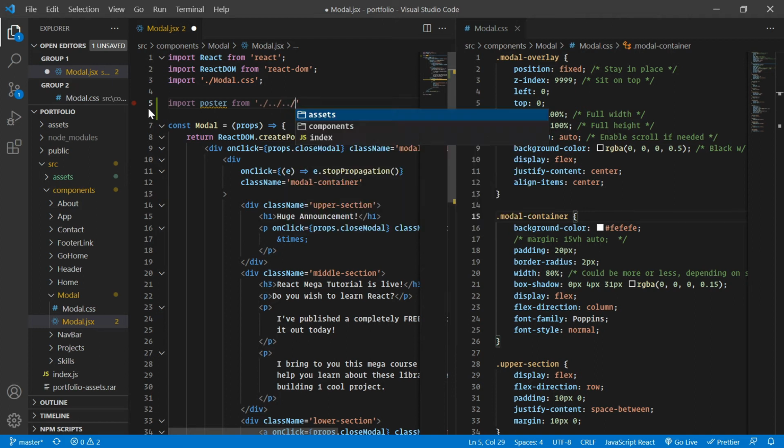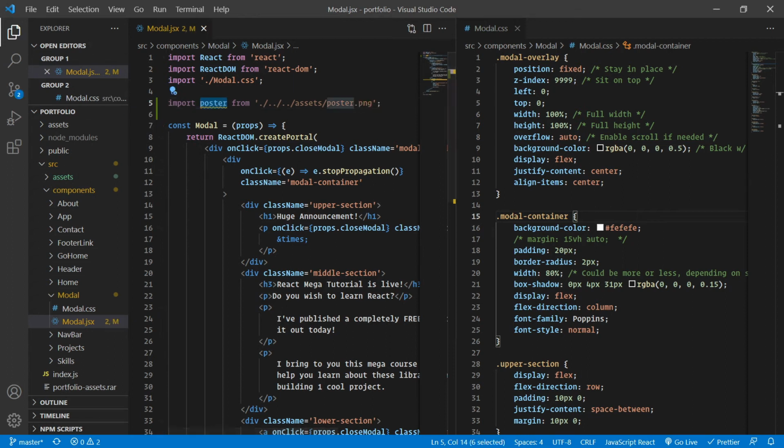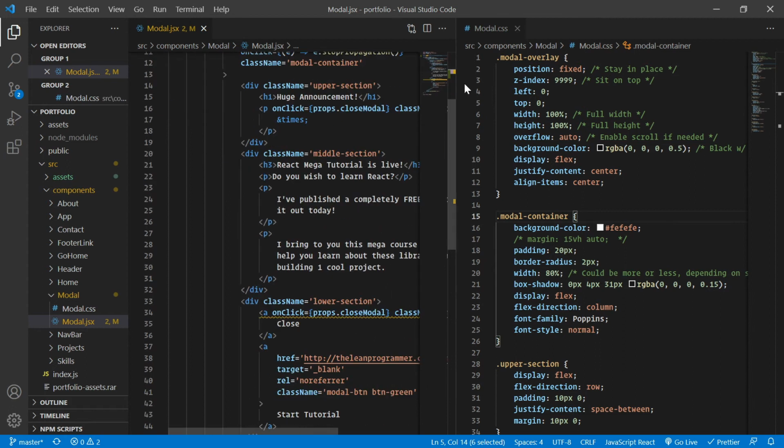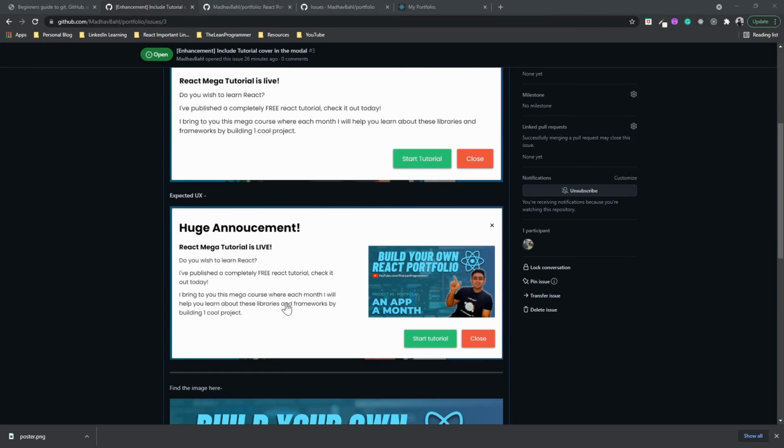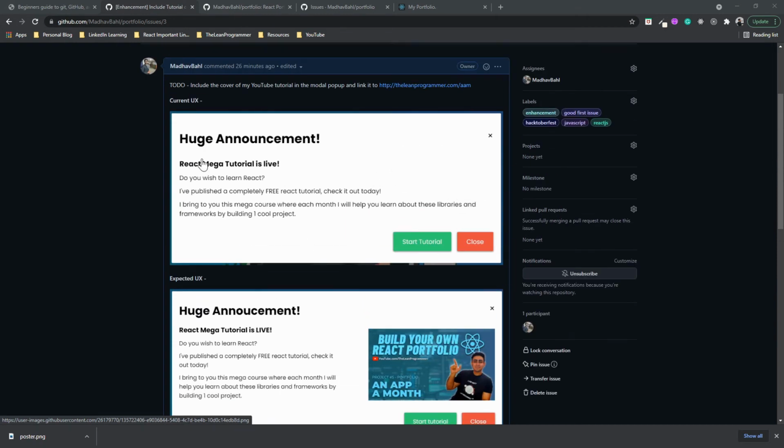So I'm just going to import my poster.png. Perfect. Now I have the poster file here with me, and now I'll do one thing. So it looks a simple flexbox change. So instead of having a simple middle component, I'll have a container. So now here it must be one container. So I'll just move that within another container, and I'll define that as a flex row, and that should be